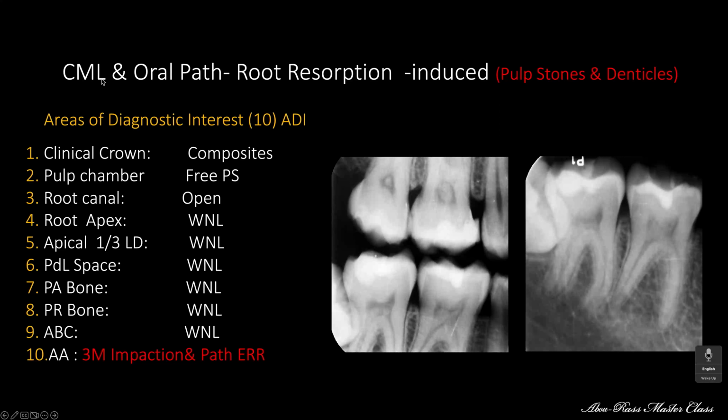The second case, in terms of etiology, is coronal microleakage. Coronal microleakage and oral pathology, root resorption induced pulp stones and denticles. Here are the pulp stones. Here are the denticles. And here is the third molar impaction,